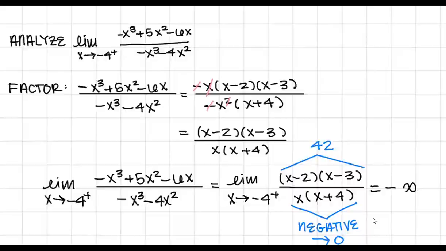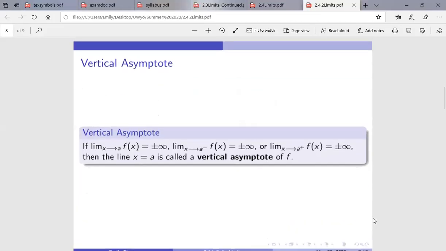Now that we've talked about one-sided limits, let's go back to our idea of vertical asymptotes. Again, it's important that you understand the concept of a vertical asymptote, which is that if a limit of f of x approaches positive or negative infinity, either a one-sided limit or a two-sided limit, then the line x equals a is called a vertical asymptote of the function f. So let's go ahead